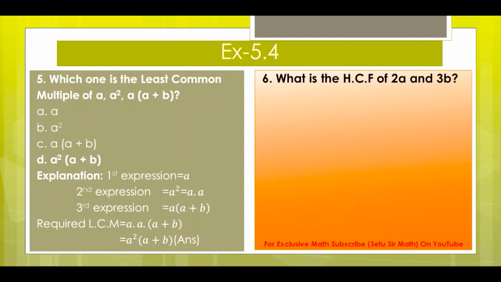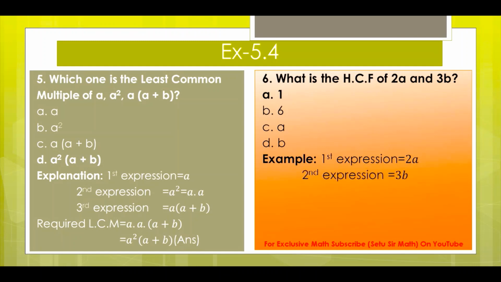So number 6, what is the HCF of 2a and 3b? As you already know, HCF means highest common factor. These are the four options. As you can see, this one is the bold part. This is the answer. So explanation: first expression equals 2a, second expression equals